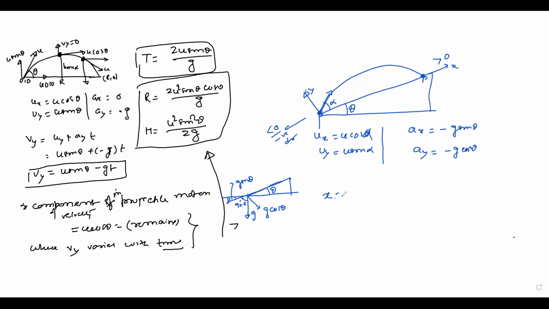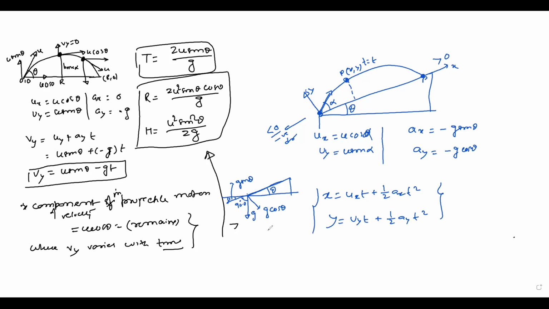Now just put the values: x equal to uxt plus half axt square, and the other equation y equal to uyt plus half ayt square, where x and y are the coordinates of the ball at any point P at time t. You just put the value of x and y, and you can get all these things, because all these are examples of motion with constant acceleration. So we may use the equations of motion that we used in the earlier chapter on constant acceleration. So with this we are completing projectile motion in an inclined plane.